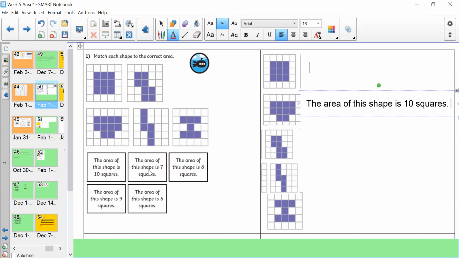Okay, then you'll go to the next statement. The area of this shape is 7 squares. So you'll need to find the one that is 7 squares and write the sentence down. And then you'll need to do that for all of the statements. Okay, when you finish that,